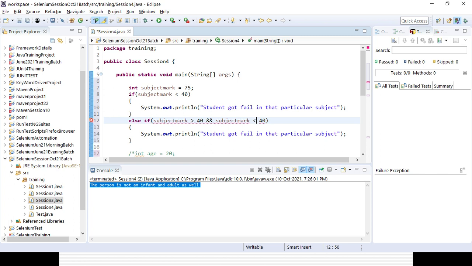So you can say student got average mark. Okay. Similar way I can go for the else if.